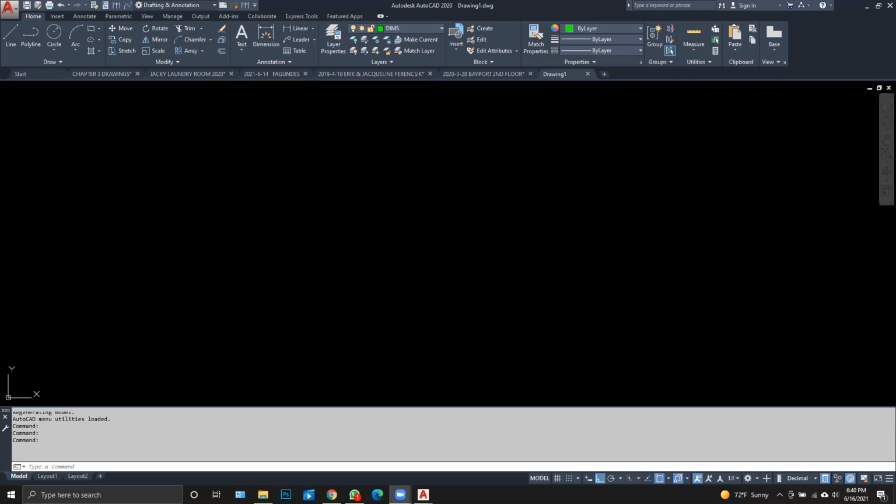Today we're going to be drawing a floor plan called Building 1. The directions say, start a new drawing called Building 1. Change from decimal units to architectural units. So at the command line, you type units,